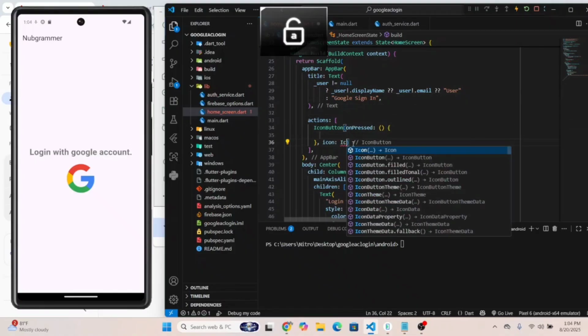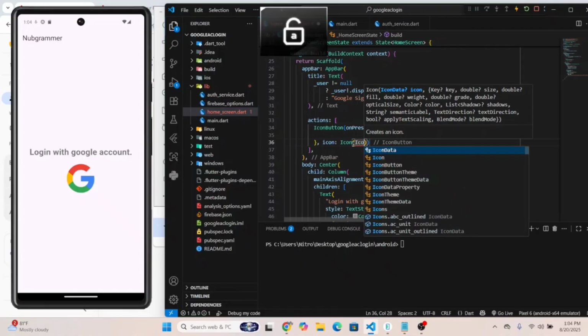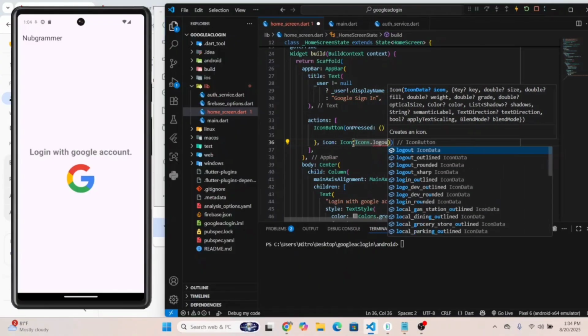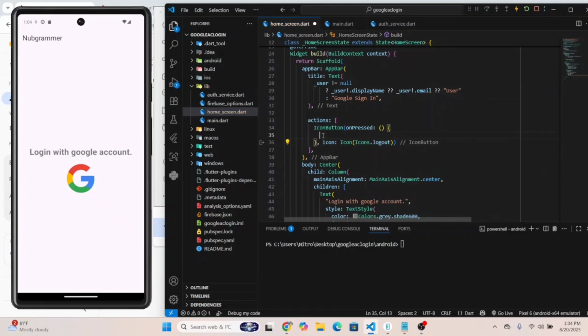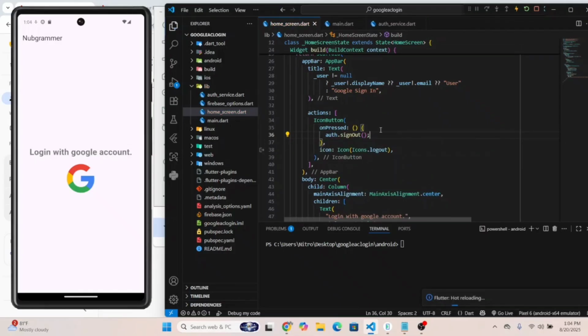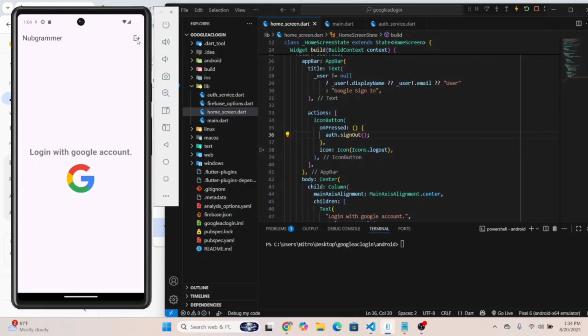Give the icon dot logout and by this we can get the sign out method. Let's execute the sign out method here and now click on this button and load the app